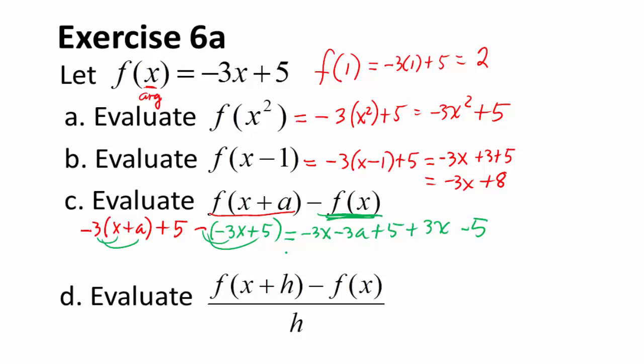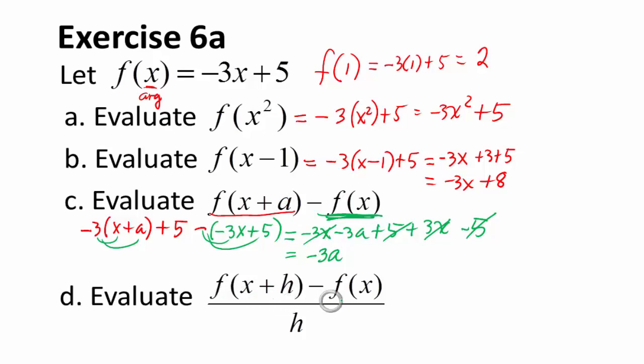And then from here you inspect and just say, well, is there anything that can be canceled? These are negative and positive. That's negative and positive. So the only expression that's left is just -3a. All right, now look at letter D. Remember, in letter D it's very similar, but instead of the A, you've got an